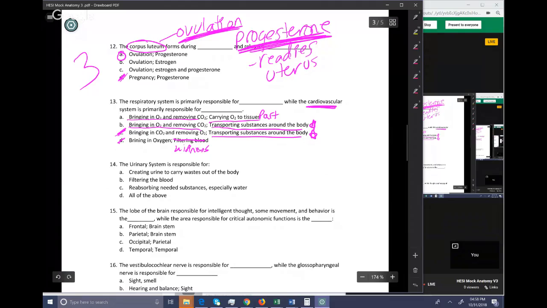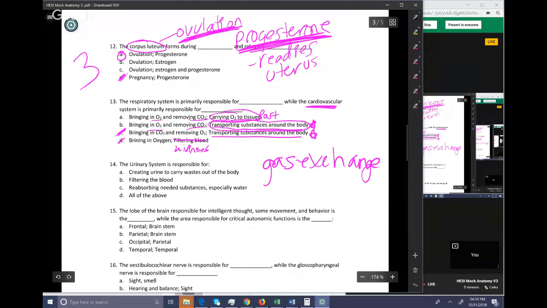Bringing in O2 and removing CO2 is a great way to describe the respiratory system as its primary responsibility. What you wouldn't want is to just say it brings in oxygen or to just say it takes out CO2 because it's very much both. They're happening at exactly the same time and it's an exchange. So you want to have both of those there. Or you want to have something more general like, oh, it does gas exchange, because that's another way of saying both of those. So what this means is that I'm picking between A and B based on this right here,